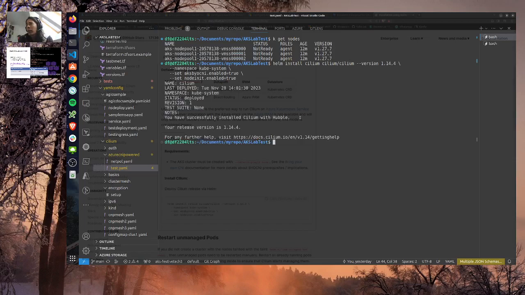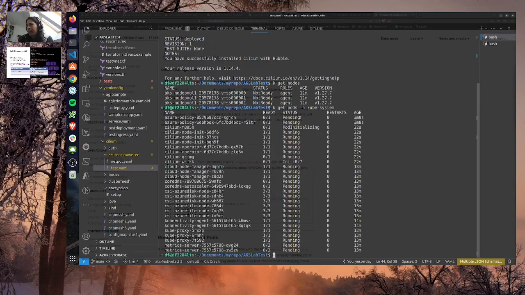So the release has been deployed. If I do a get nodes, it's not ready yet. But if I do a get pods, we can see that the Cilium pods are initiating, and some of the other pods are waiting.